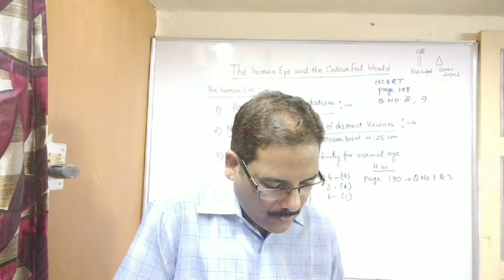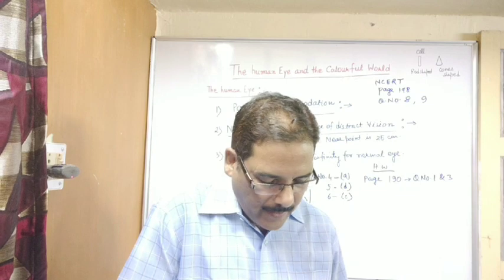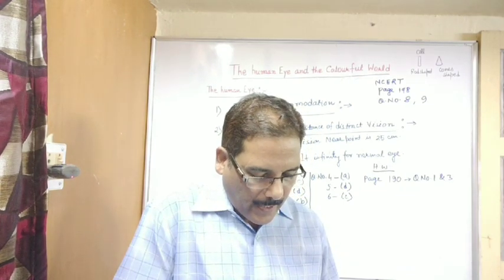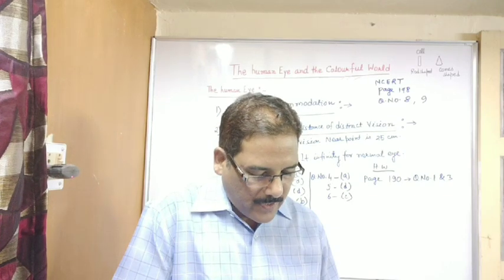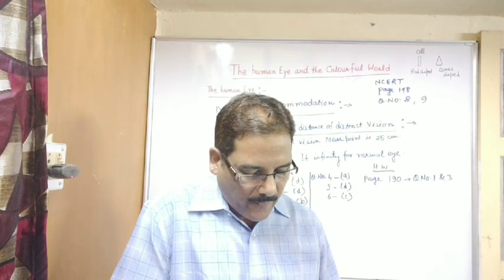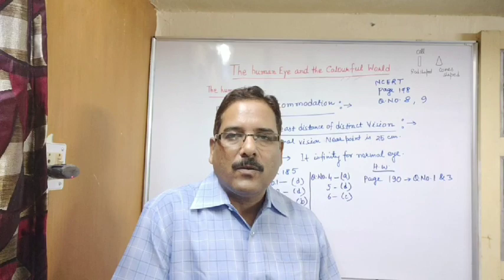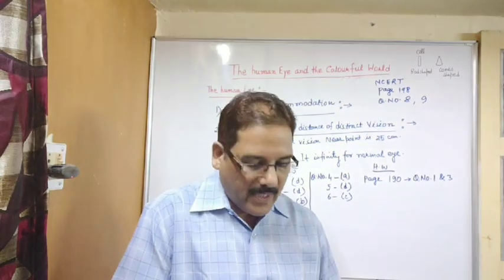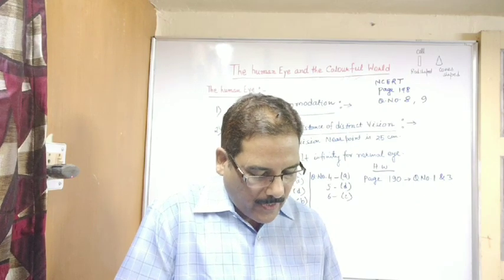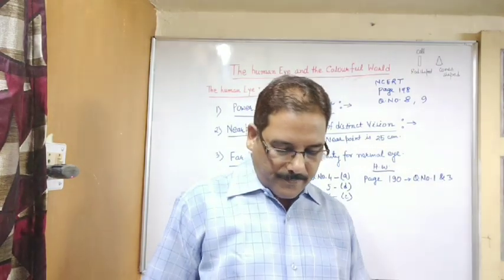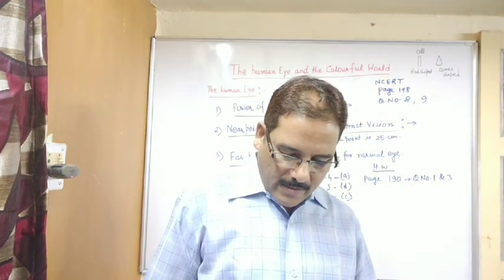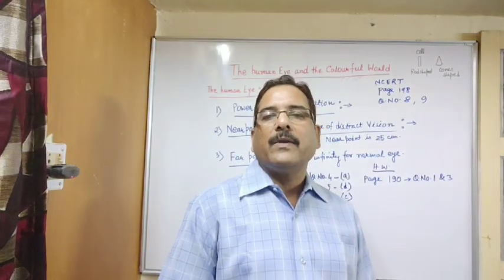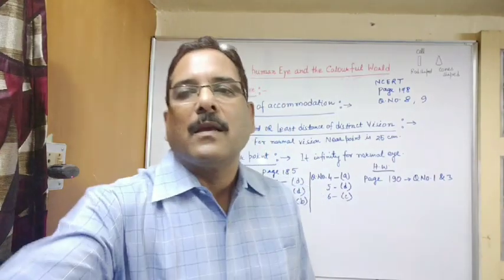Now, so these are the objective questions mainly. In question number 8, name the type of mirror used in the following situations. Headlight of a car. So in headlight of a car, as you know, concave mirror. Side or rear view mirror of vehicle, convex mirror, and solar furnace, concave mirror. So in this way we have discussed all the objective questions. In next class we will discuss a very important topic, that is defects of